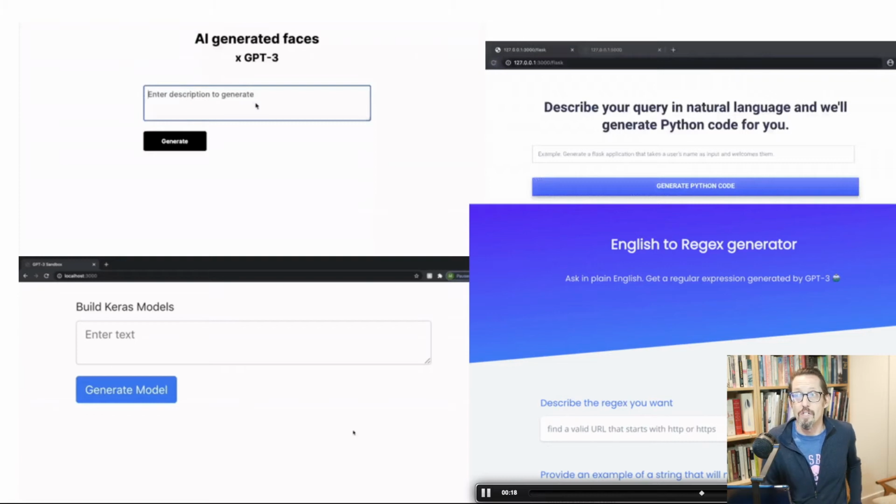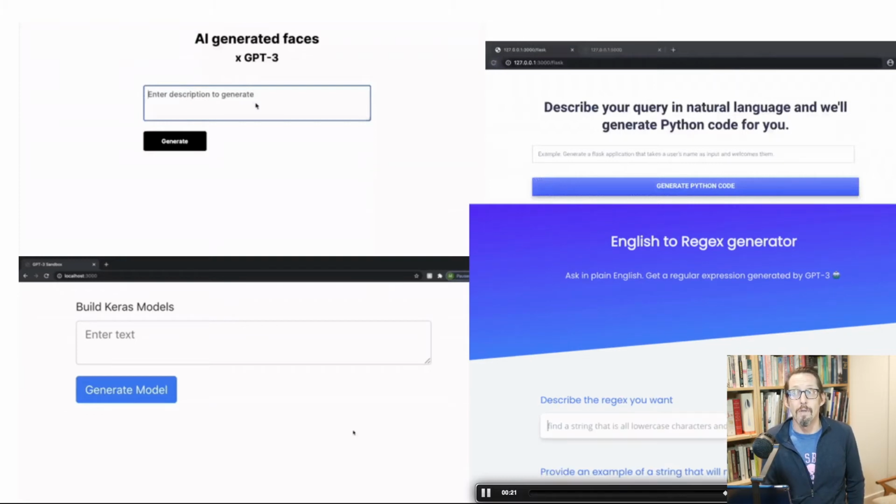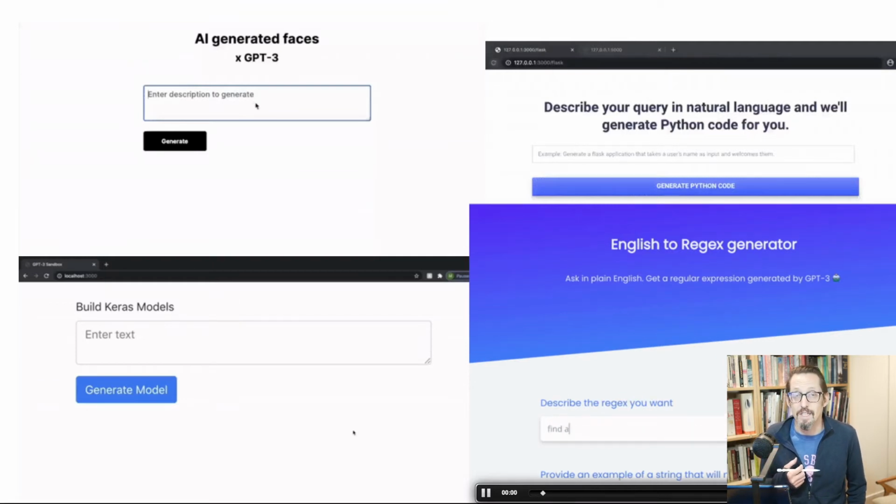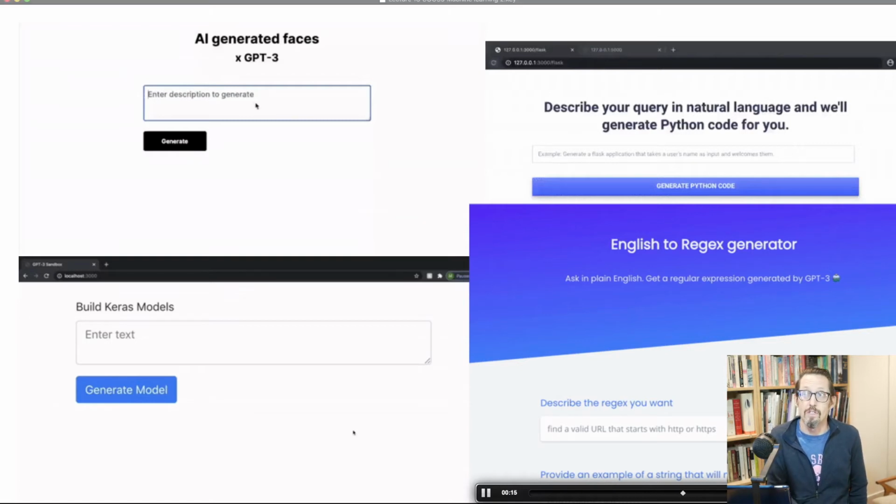And it turns out that GPT-3 can do some amazing things, like be trained to generate regular expressions. Regular expressions, if you haven't had the pleasure yet, are something you will learn to use a lot in computer programming for finding stuff in a set of strings, right? So you have a massive amount of text and you want to find the right kind of thing, like the place where the web scraping should begin. So you're going to use a regular expression. So you can easily train GPT-3 to do regular expressions.